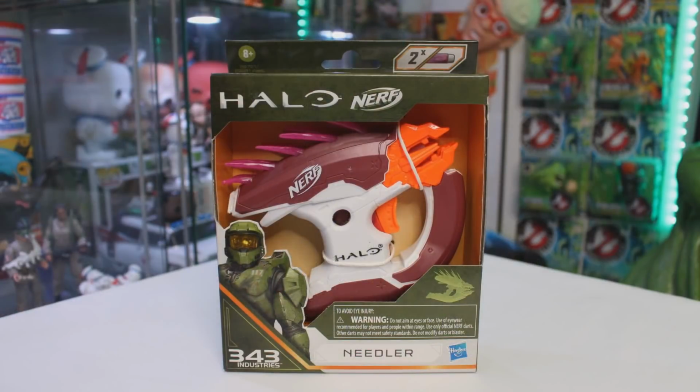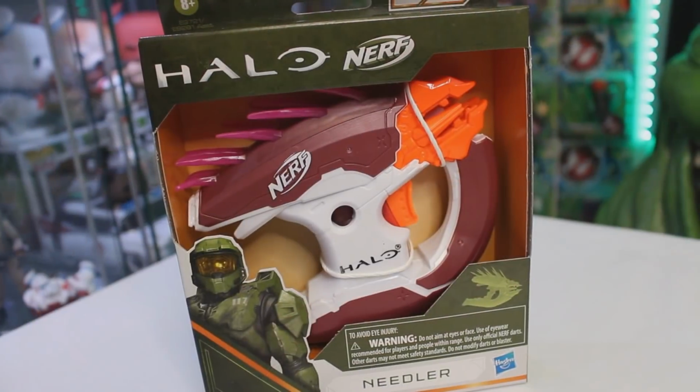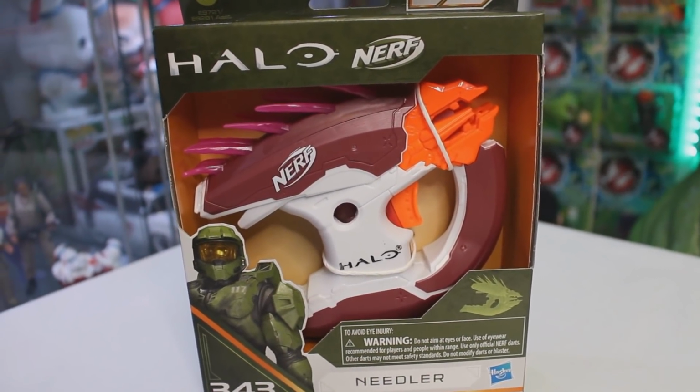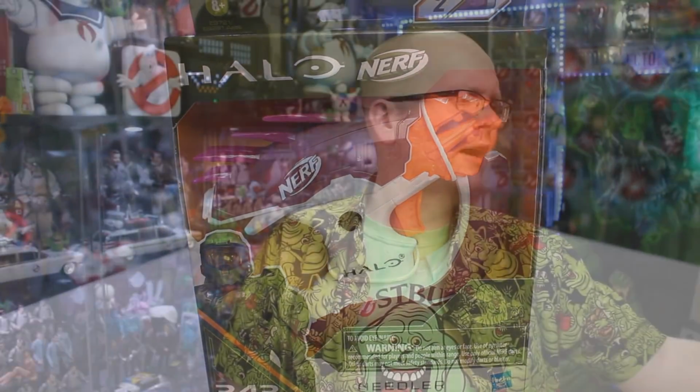Coming up next, it is Nerf or it is nothing, as we've got this Halo Needler. Which, I mean, come on, who doesn't know what the Halo Needler is? I remember years upon years ago when the first Xbox system was released, the first two games I got with it were Dead or Alive and Halo. And I recall playing split-screen multiplayer with my brother. Yes, back in those days, we did not have online multiplayer for Halo. And the Needler, that was my weapon of choice. So certainly a pretty cool pack-in here. After that, we've got,